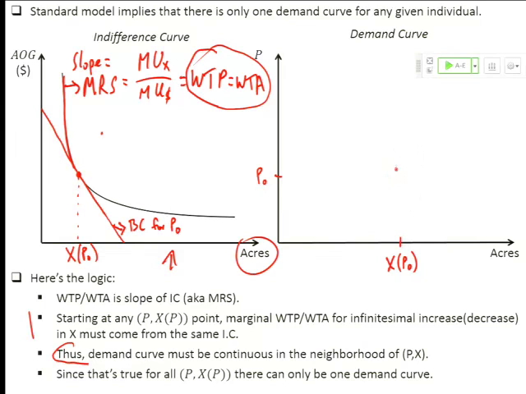which means that as we move away from this point, we're going to be moving continuously in either direction, not jumping, okay? It also, if you look at this graph, tells us that it doesn't matter which direction we move in, right? The slope of this indifference curve right here tells us both your willingness to accept payment for one less unit of forest and your willingness to pay for one more unit.